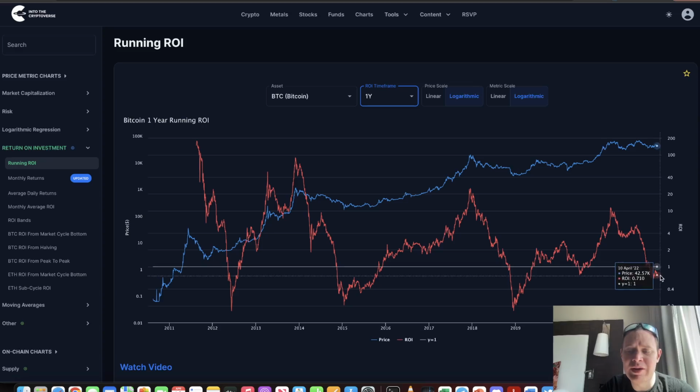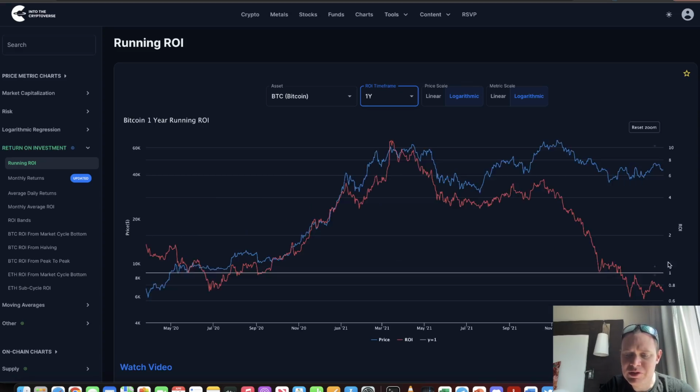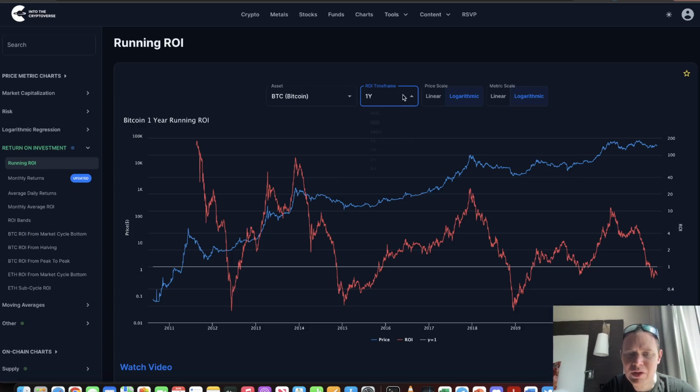And the 1-year ROI right now is actually less than 1. The last time it was less than 1, we went all the way down to about 0.759. If we zoom in here, you can see that this one bottomed over here at around 0.712 back in June of 2020. And then most recently, we went all the way down to 0.617. Okay, we have 3 more charts I just want to very briefly look at.